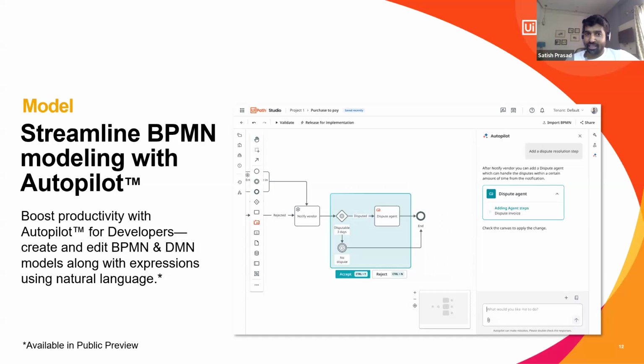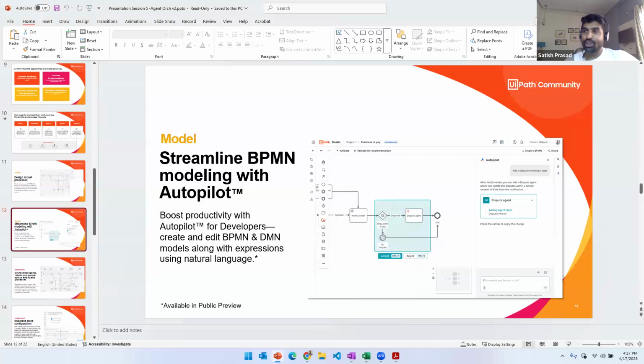Once you do the model, right, what you do, you implement that model for the automation, right? And for doing so, I'll stop sharing my presentation here and I'll quickly go to the tool and help you understand how you should be able to do that. Okay. So let me quickly bring up my screen.